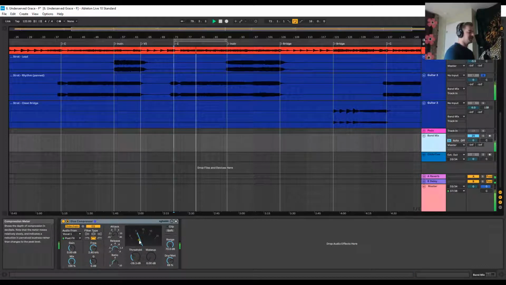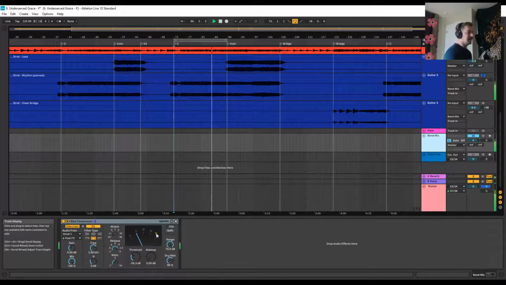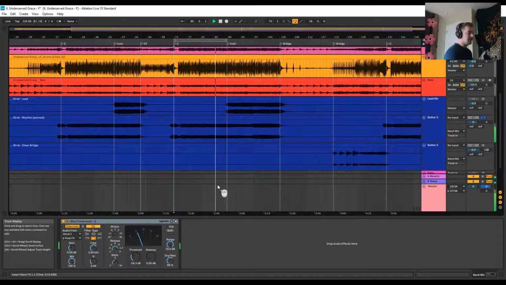And if we look at the compression on the band mix, see how that compressor is reacting to her voice. So every time she sings, about 5 decibels of guitar is compressed, and really everything in the band mix. So if I turn this off,